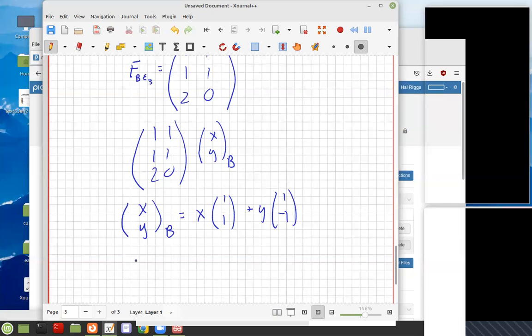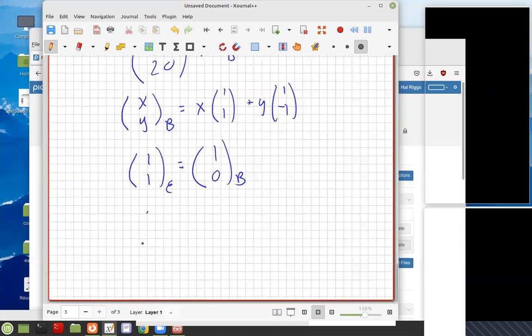If I wanted to know what the image of, say, 1, 1 was, I first have to translate that. In basis B, this vector equals 1, 0 in basis B. So I'd have to look at the image of that. So if I wanted to know what the image of x, y was, say, to compare it with the other one, I'd have to translate this to basis B,